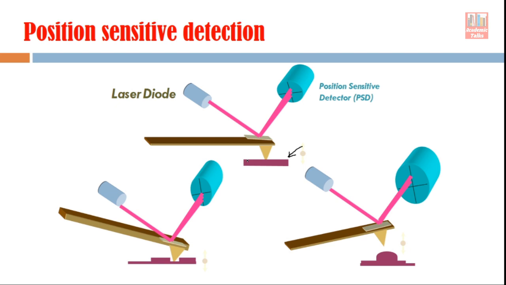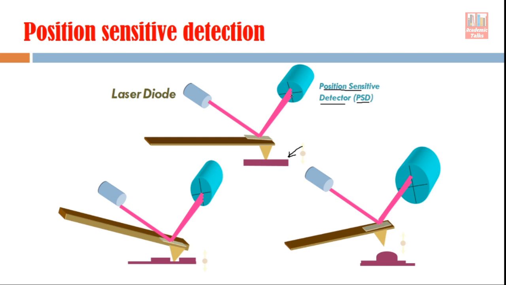So you can say that if a surface is smooth, the cantilever is in its mean position. Whatever light is coming from the laser is reflected by the gold coating on the back side, and this reflected light goes to the detector. Now you can see this is a position sensitive detector, as we discussed in the last slide. Sometimes it is also known as PSD for short. Whatever light is falling on the detector is exactly in the center of this detector.